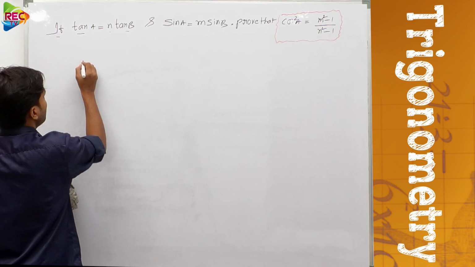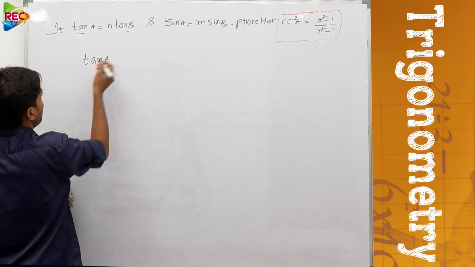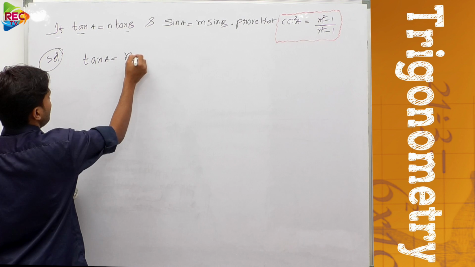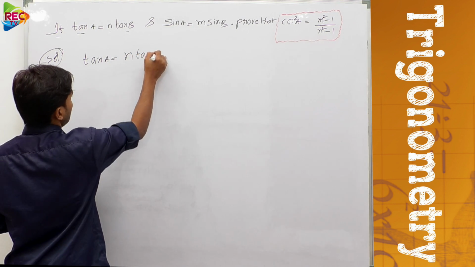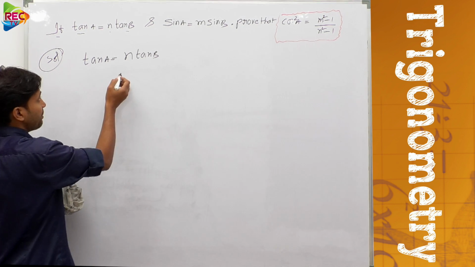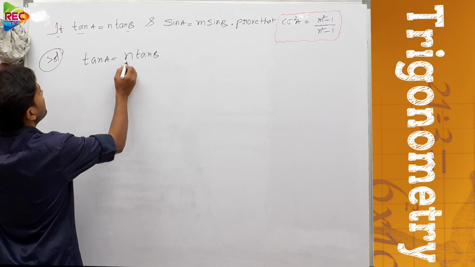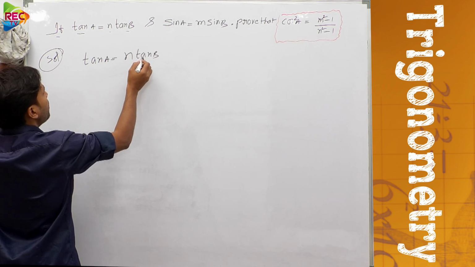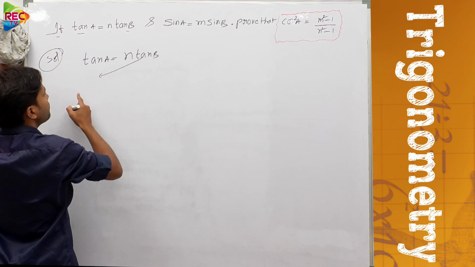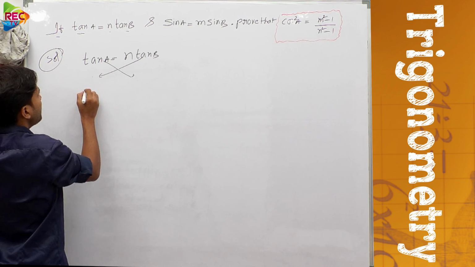Take the first condition. Condition number 1, tan A, I am writing here solution, okay. Tan A equal to what? N tan B. For my convenience, doing some rearrangement by doing the cross multiplication. What do we do here? See, something like I want to take this tan B to this side and tan A to this side. Means this will come under denominator here and this will come under denominator here. So what happens?